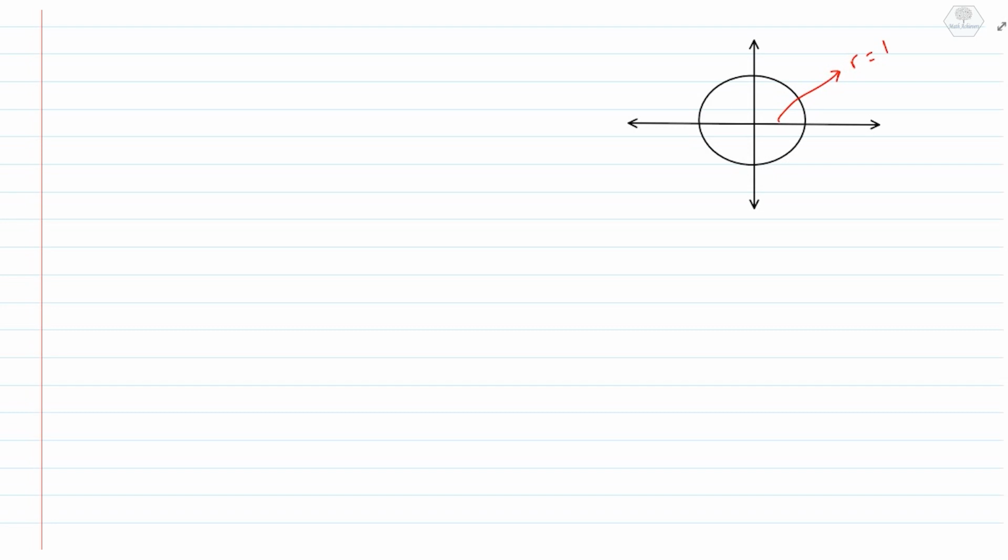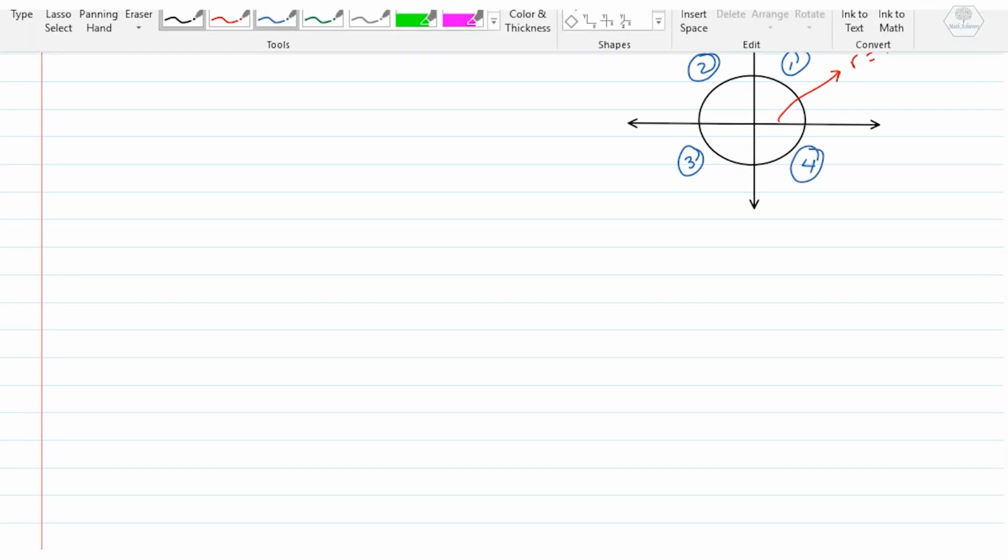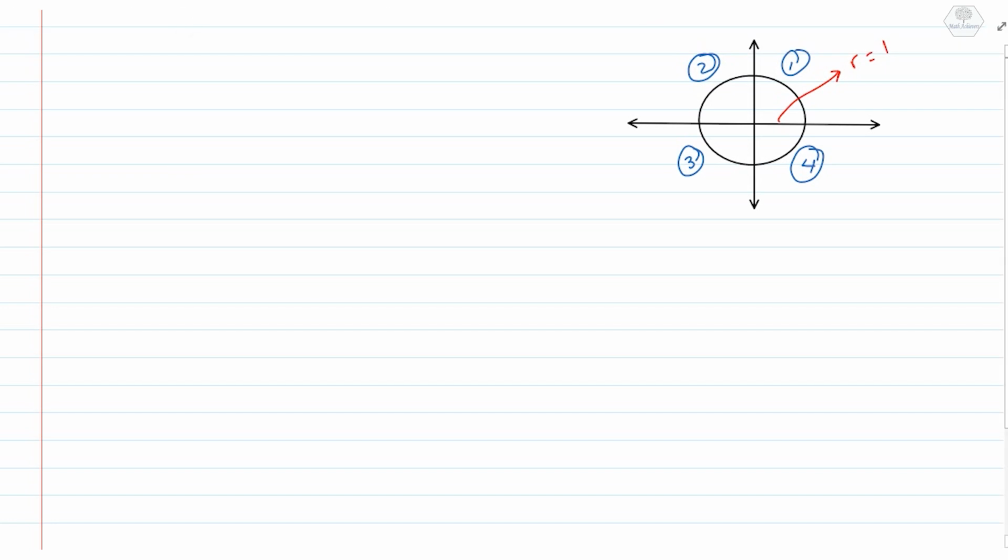And the most important thing is quadrants. This is the first quadrant, as you can see, is from 0 to 90. This is the second quadrant, 90 to 180. The third quadrant is from 180 to 270 degrees, and the fourth quadrant is from 270 degrees to 360 degrees. And since we know that in radians pi represents 180 degrees,